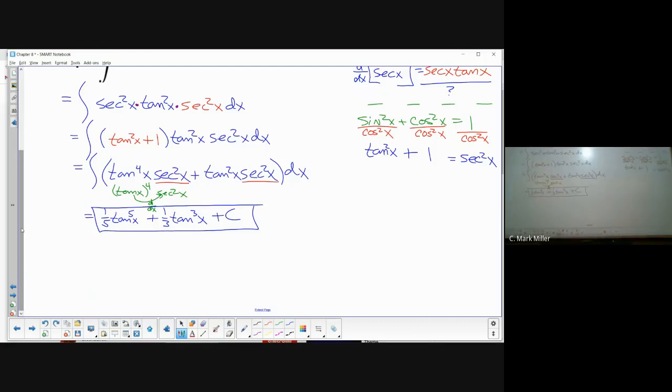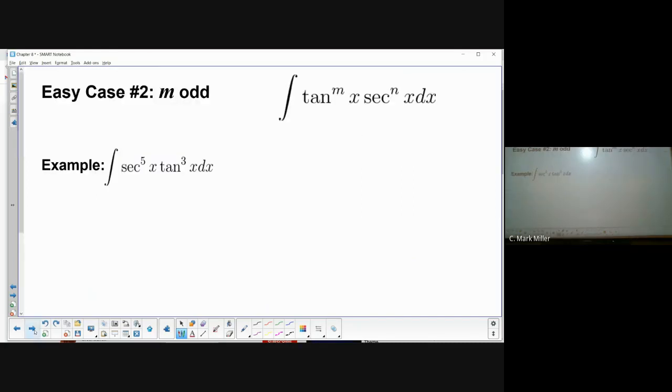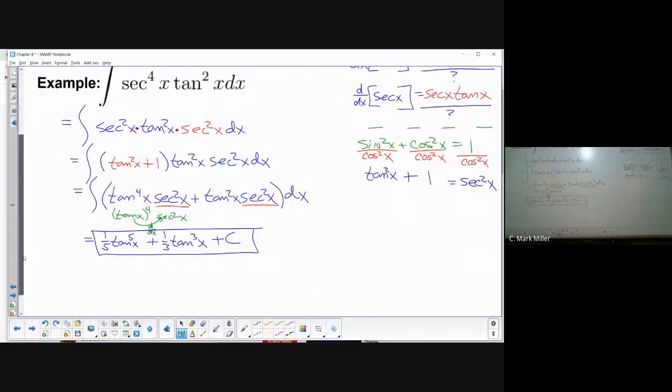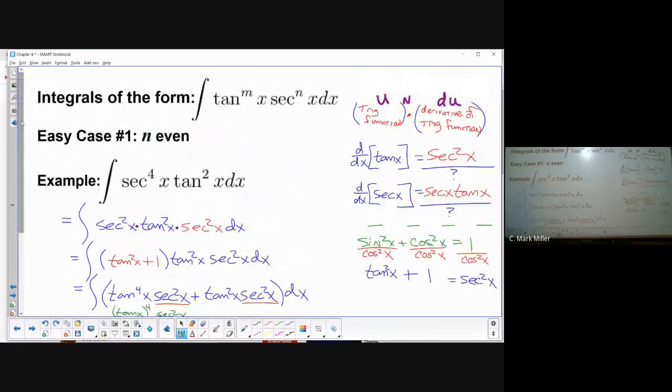So you do that when secant is to an even power. Secant is to an even power, you factor off a secant squared, which still gives you secant to an even power, times a tangent. You convert the secant squareds, because this is to an even power, you convert those to tangents, you get tangents to a bunch of powers times its derivative. So what did you do to the secants? What happened to the secant squareds? They disappear, because when you have